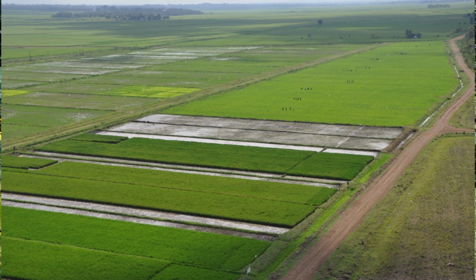Yet, as a country, we only produce about 20% of the rice consumed in the country. About 80% is imported. And so we have a huge import bill for the rice that we can actually grow in the country. Now, the other thing is that of the rice that is grown in Kenya, 60% of it is grown in the Mwea irrigation scheme. And the figures of the rice that is produced in Kenya is likely to change